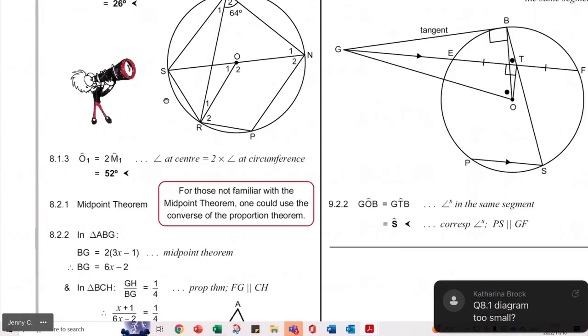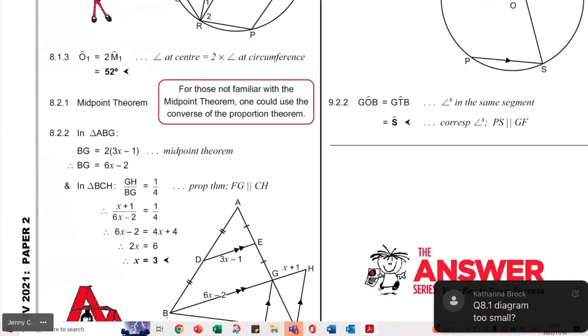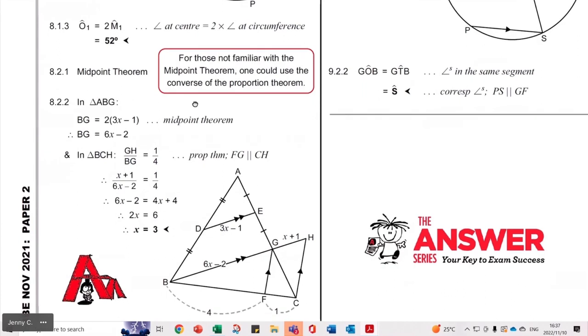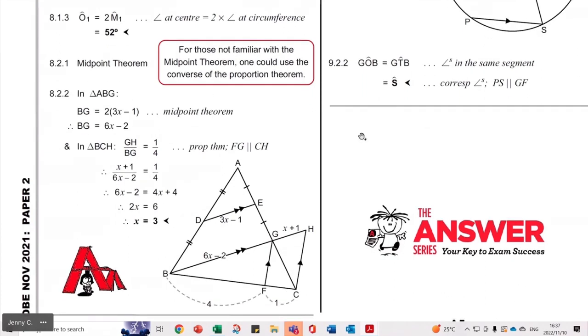We then came to 8.2. And what I find very interesting is last year, there was a question which I know I really battled with, and I had to get Jenny to help me with it. And I did eventually get it a really, really long way because I'd missed the midpoint theorem. So I think it was very interesting that last year they tested the midpoint theorem. You could have done it other ways, as you could here. And this year, again, to me, there's blatant midpoint theorem, because your quickest way of doing it is using the